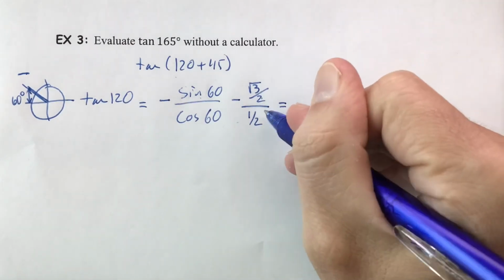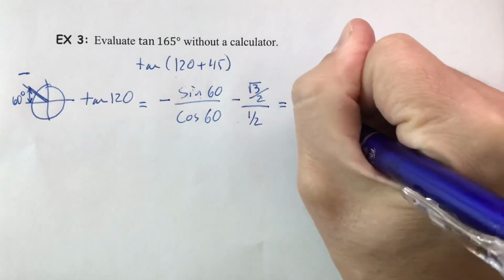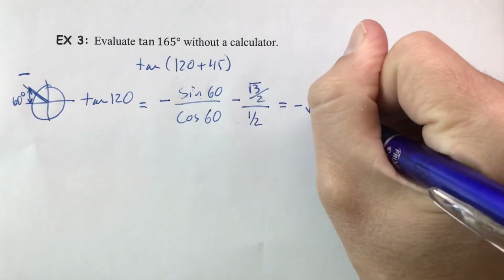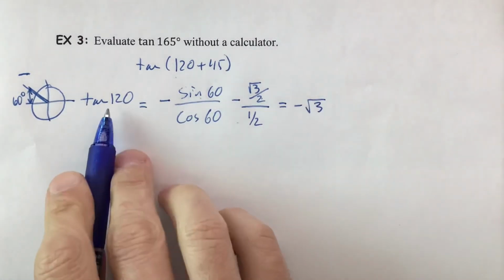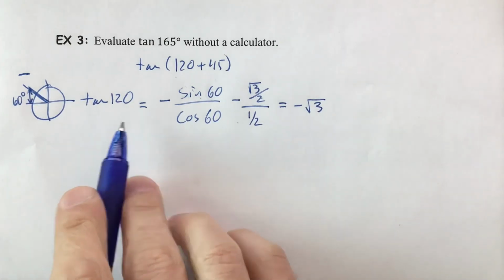You could do keep, change, flip, but the 2's will cancel out, and we get the negative square root of 3. That's what we get for the tangent of 120. All right, now the tangent of